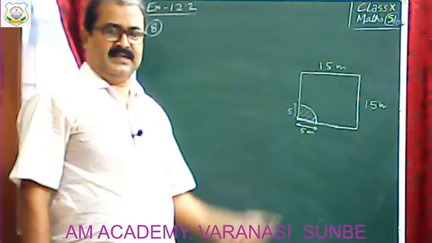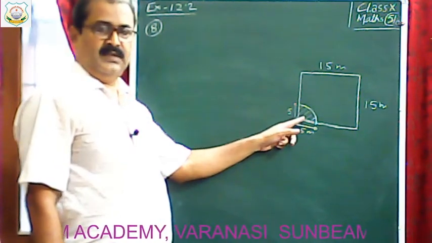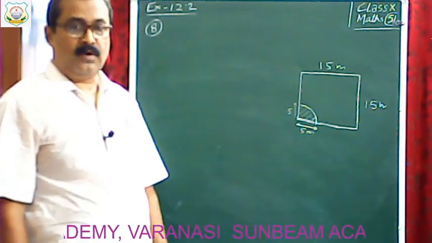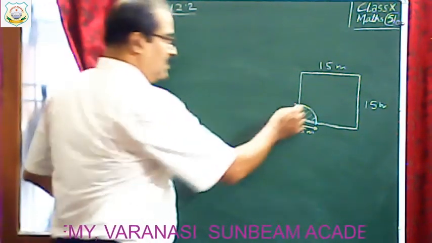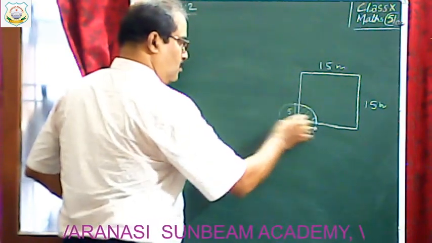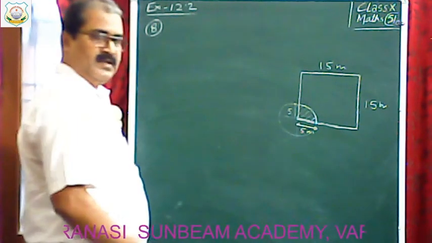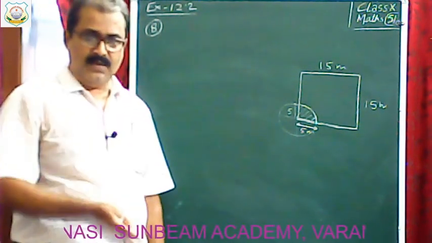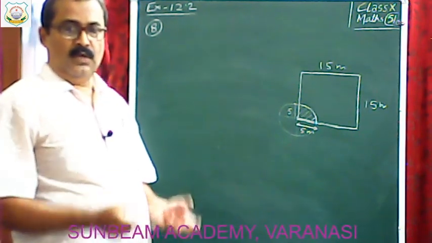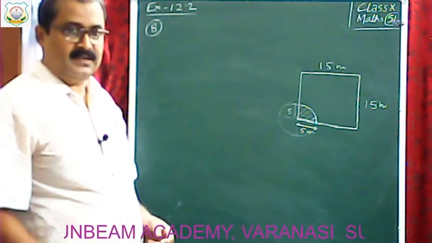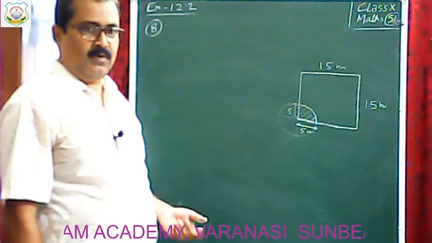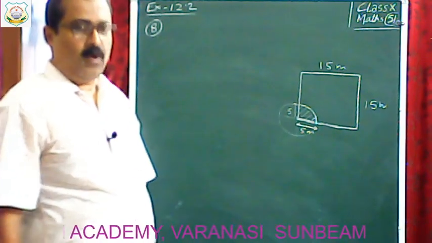Square field, each angle is 90 degree, then it is a sector with central angle 90 degree, means it is a quadrant. If we complete the circle, then these two radii are perpendicular to each other. So when two diameters are perpendicular to each other, then circle is divided into 4 equal region known as quadrant. Okay, so one quadrant formed over here. You have to find area of quadrant, that is area grazed by the horse.